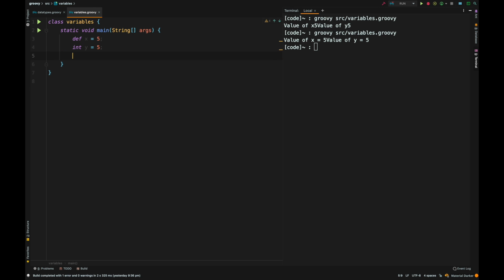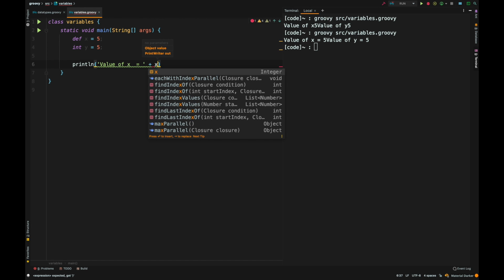So first of all, let's just try println, and I'm going to say value of x, and I'm going to show you the concatenate operator here, how to concatenate. So plus and minus are just simple addition and subtraction operators in mathematics. You can use them here as well. So we go plus, and I'm going to define a value of 5.